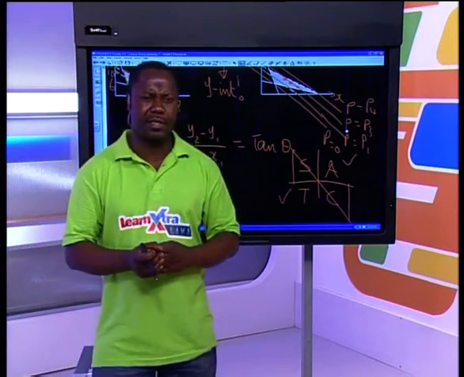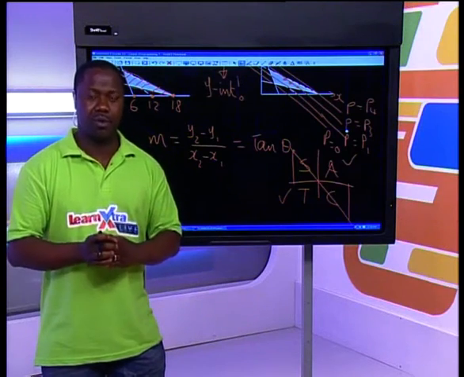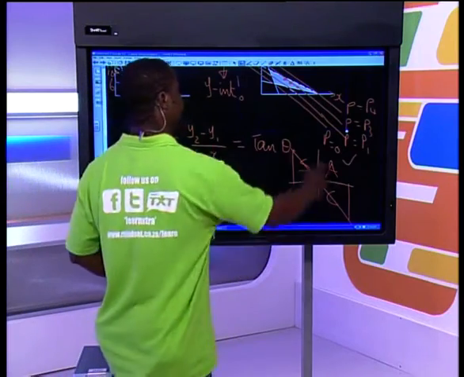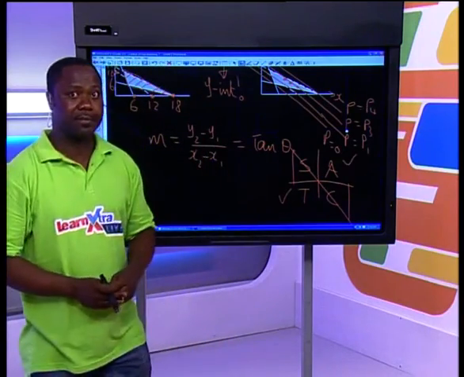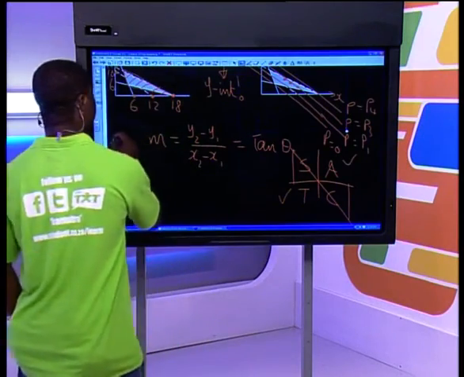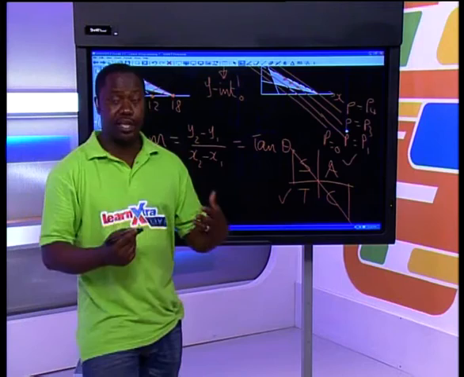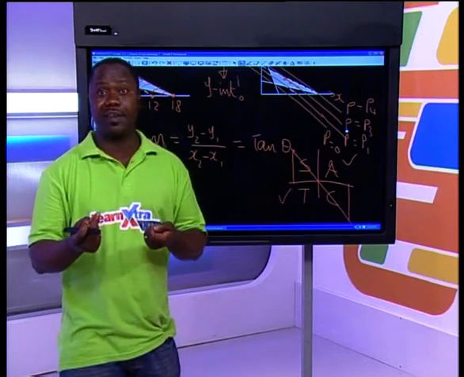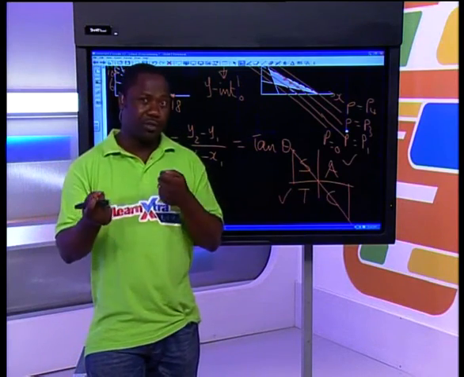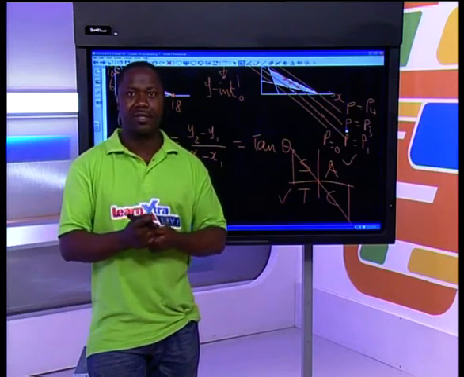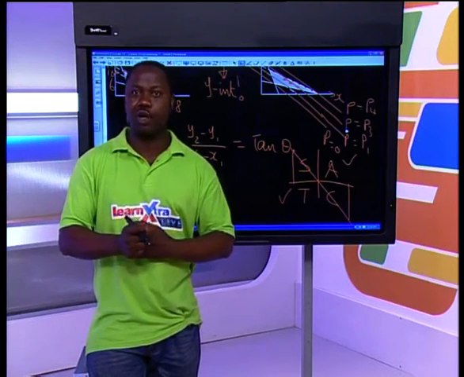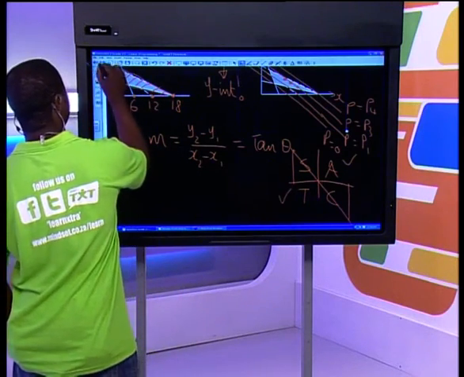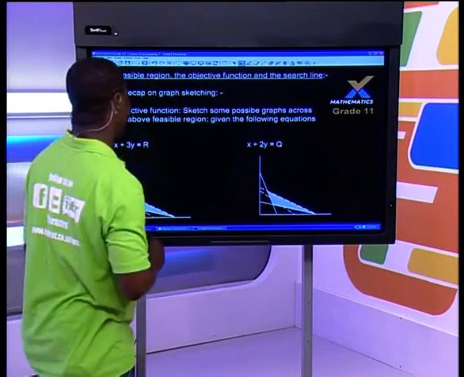And one thing you must notice is most of our constraints will have negative slope. They will all be slanting toward the left. And you can have constraints that have positive slope, for instance, where the information is given in the form of the ratio between your variables. So that tends to come out as a positive slope. Let's proceed and do two more examples, and I hope that will settle it today.